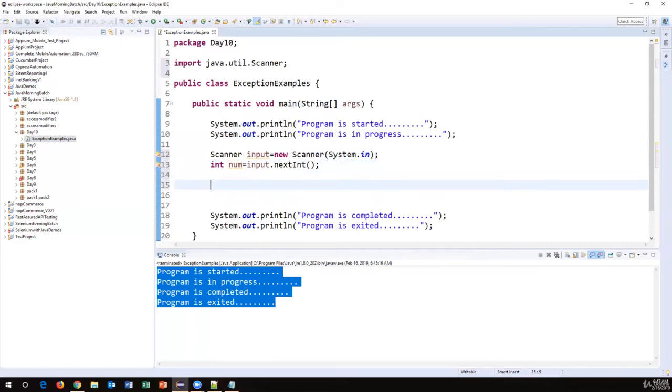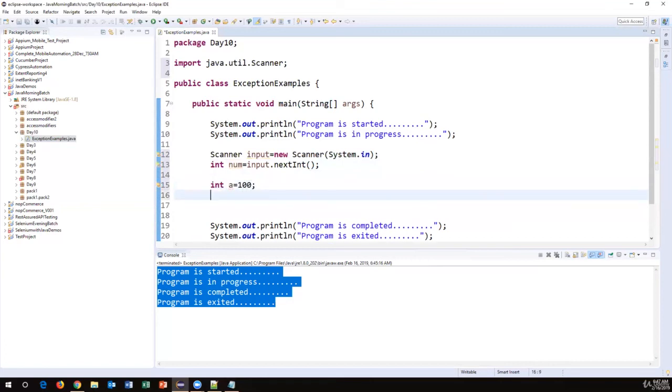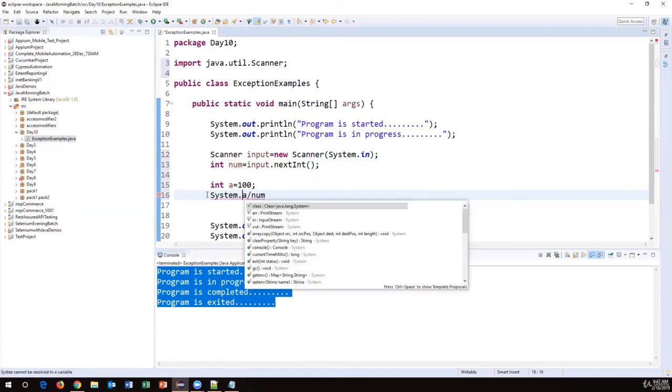Now I'll do some steps here. I'll say a number a is equal to 100, and I will divide this number by whatever number is provided by the user. I'm just dividing my existing number with the number sent by the user. Number is sent by the user, and a is another value I have defined here. Now a divided by number, the result I will print here. System.out